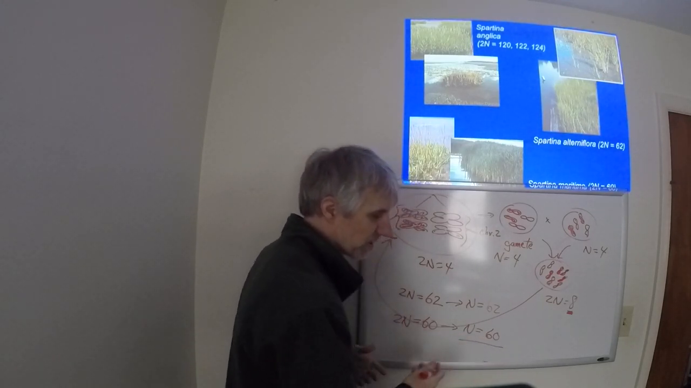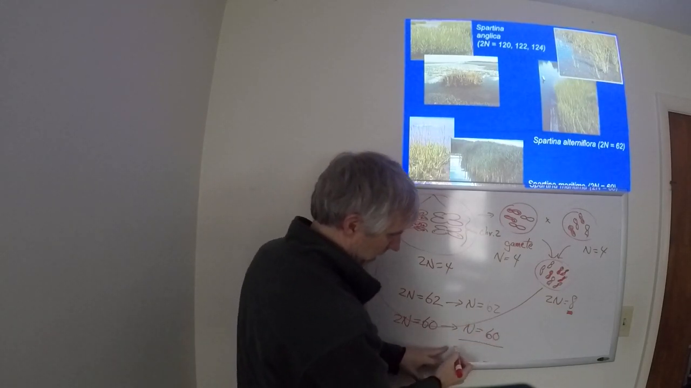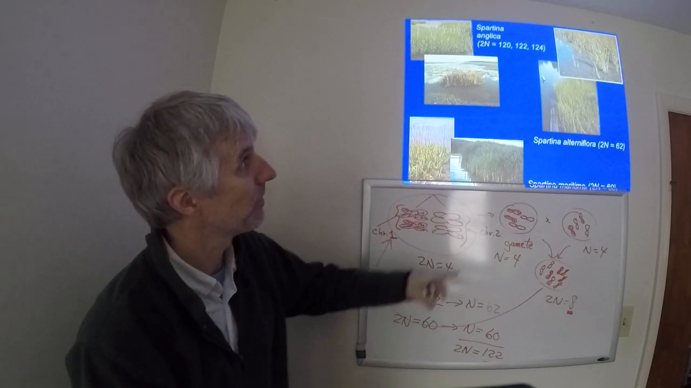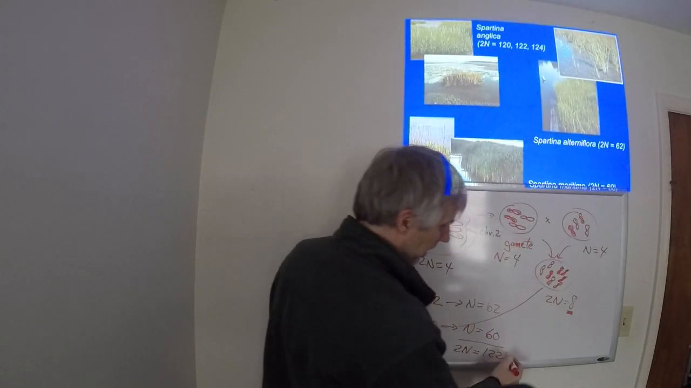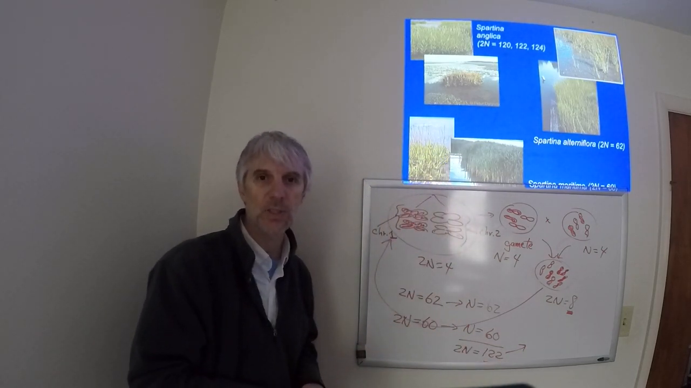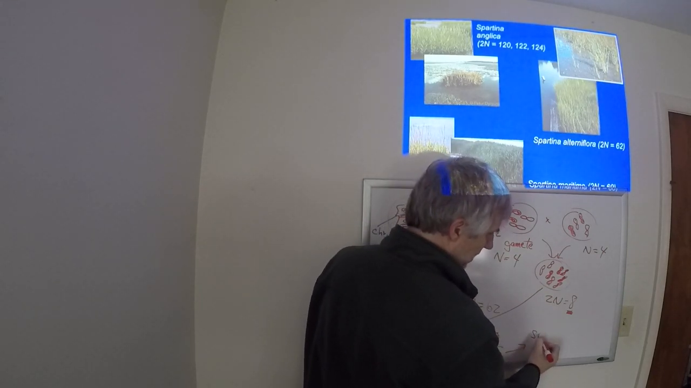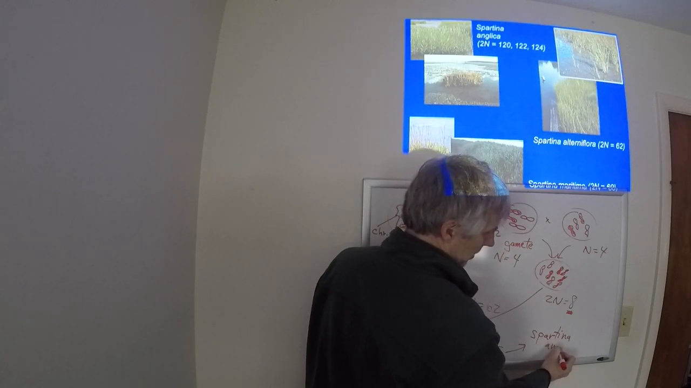Now, in this state, the 2 species can produce an offspring. And this offspring would be 2n equals 122. 2n equals 122. This is sympatric speciation. We just created a new species, and this one's called